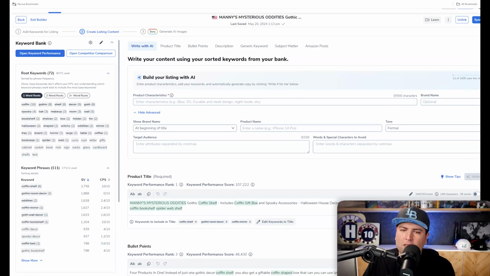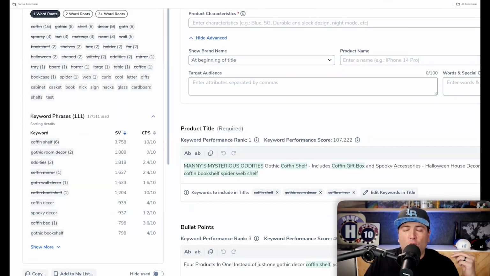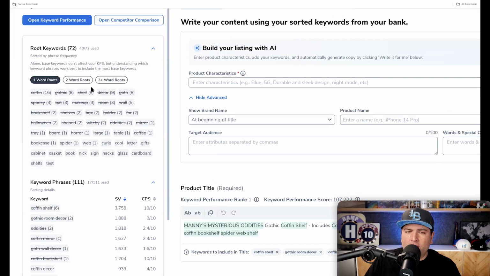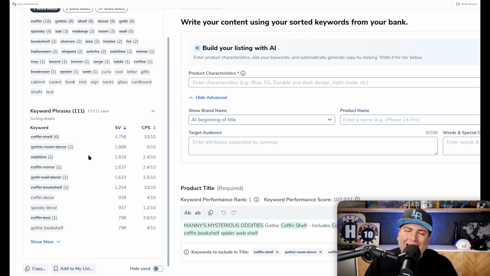All right, so this is the main page of Listing Builder, and for the most part, it's not changed. But the one thing that changed is the way that I teach this. So before in Listing Builder, I would tell people we've got two places here, one for the phrases and one for the individual keywords that make up the phrases. And the way I would teach this tool, maybe 3 years ago, is only put maybe 20 or 30 of your top phrases here, and the rest put as individual words, because you can only put maybe 20 or 30 phrases in your listing. You can't put 100 or 200 phrases in phrase form. There's just not enough space. And then the rest of the words, you just want to get indexed for it.